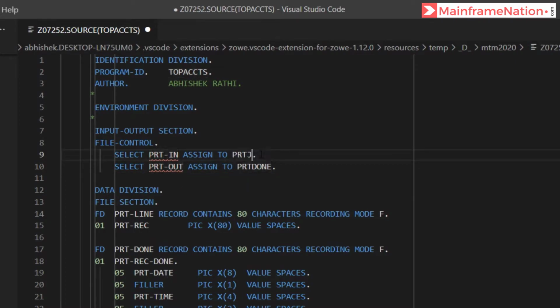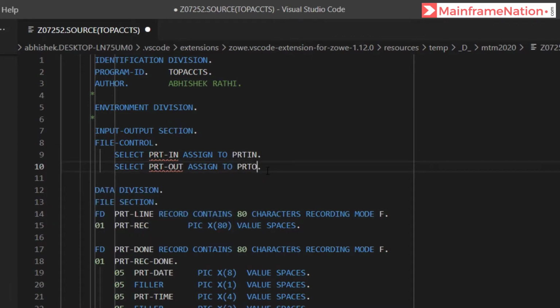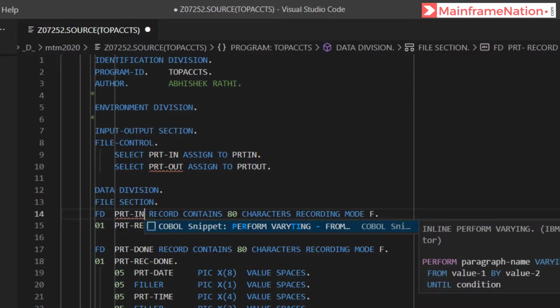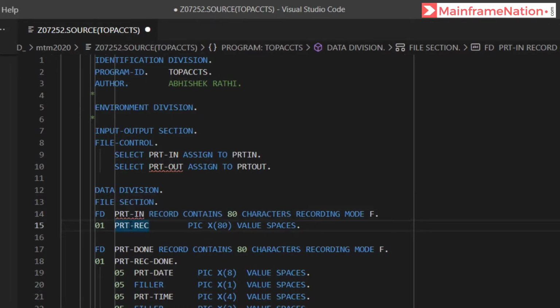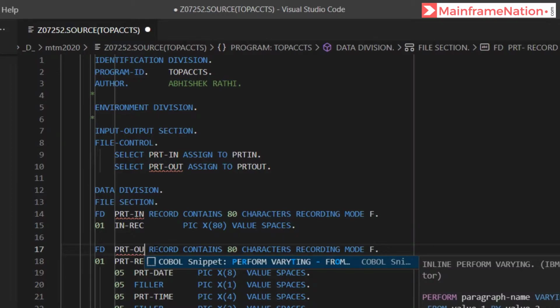Assign to, and PRT out. Then in file section, let's call it FD PRT in. Record is 80 characters. This is fine. Let's call the record in record. That is input record. This is PRT out.